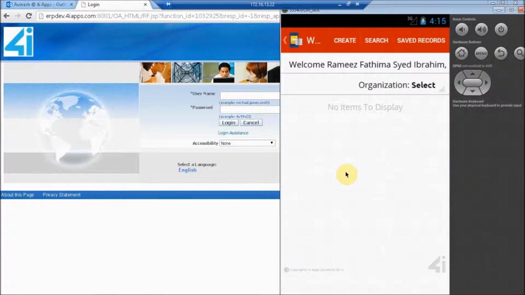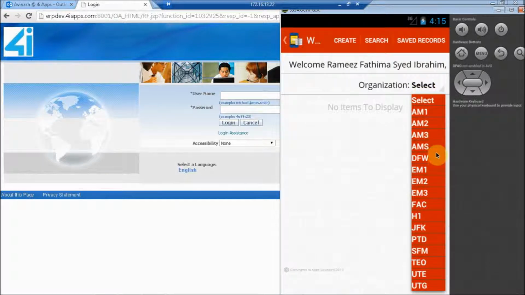This is the work request summary screen. We have made it like the Oracle EBS work request summary screen. Here we have the user responsibility tied up, and based on the user's responsibility and permissions, you have the organization allocated for the user, so we will choose an organization.